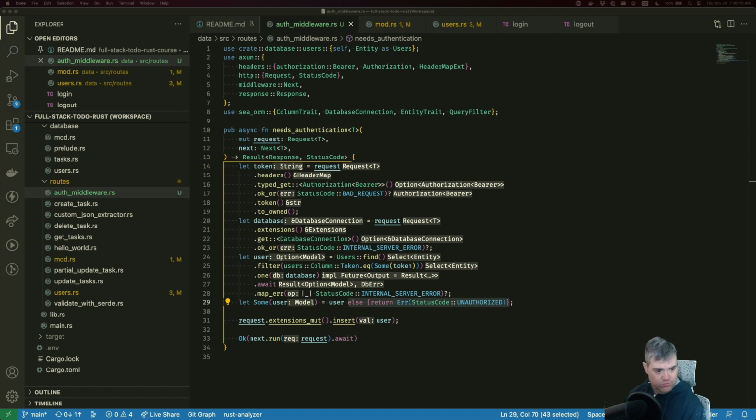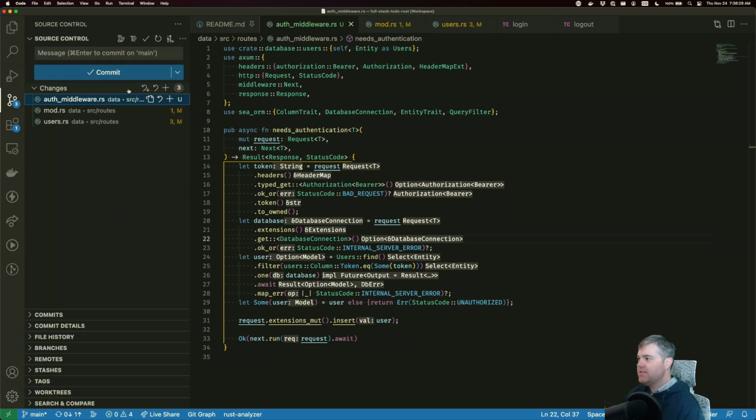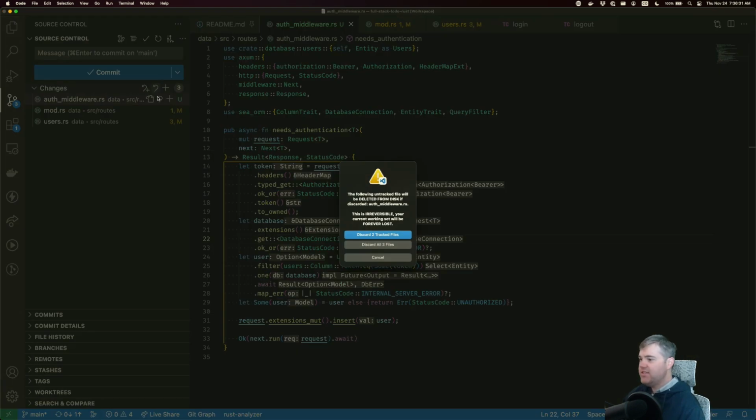So the route layer is the one that I care the most about. Okay. I feel confident. I don't know if that's a good thing,